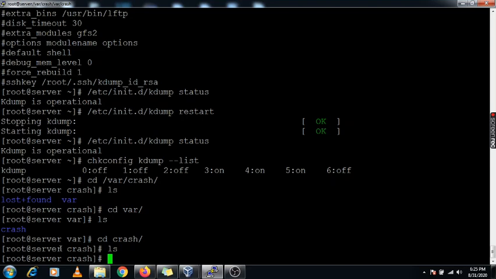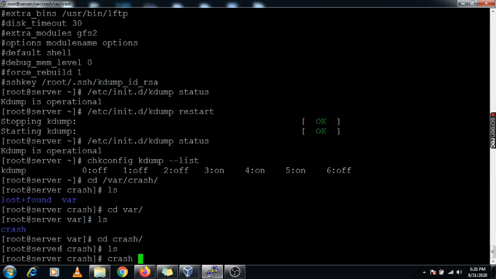And if you want to read the crash, how can you read it? You can read it using the crash command. You need to specify the crash core dump file which is generated, and you can run it.